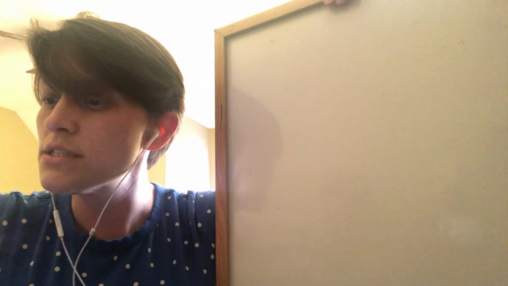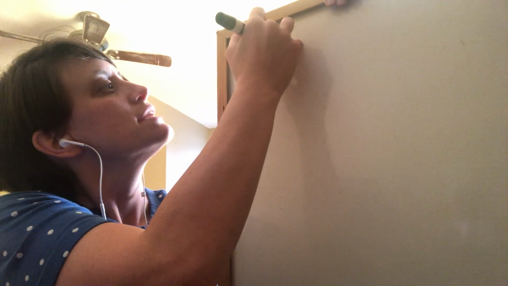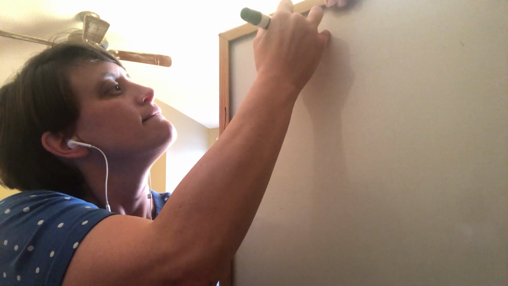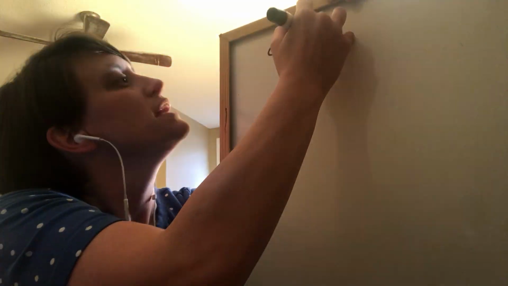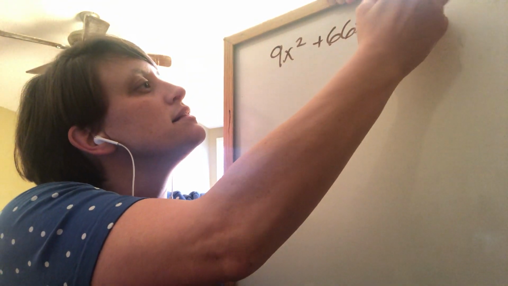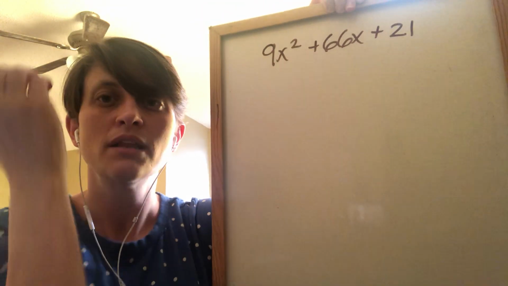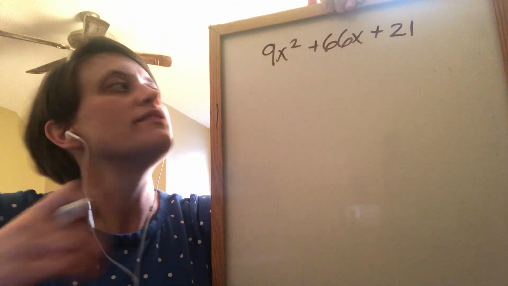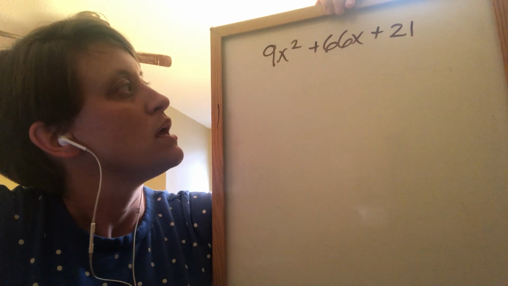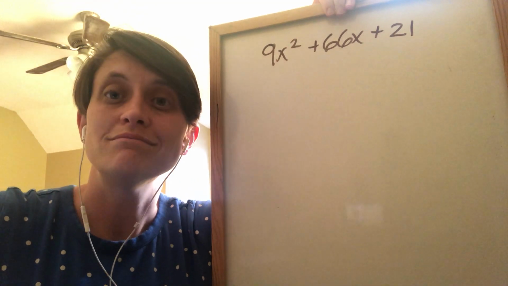All right, so let's look at, what's our next one? 9x squared plus 66x plus 21. Okay, so now let's look at this and decide where we want to start. Certainly we have a number in front of the x squared that isn't 1, so we're going to have to